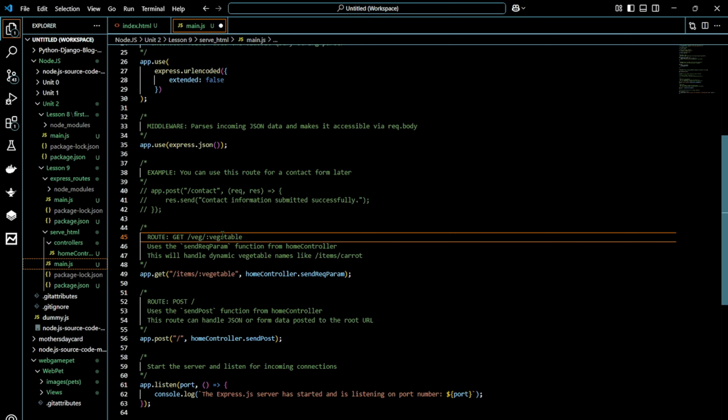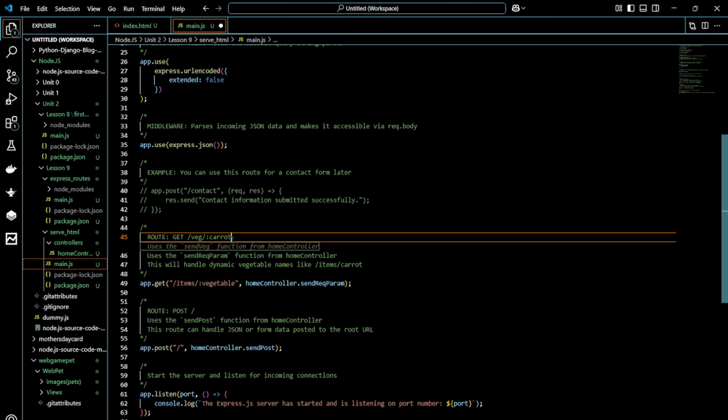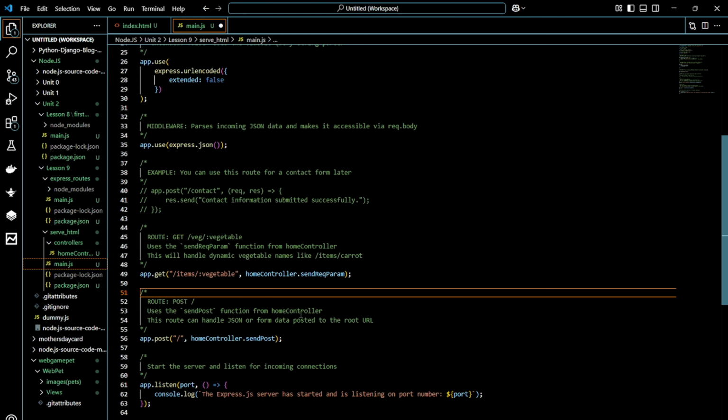So say for instance your URL now, just for a clear indication, you got carrots. So it's basically going to use the send rec param function from home controller, and this will handle the dynamic vegetable requests like items, carrots, but in this case veg carrots. And then our route post is just going to use the send post function from home controller, and this route can just handle the JSON or form data posted to the root URL. And then it's just going to start the server for incoming